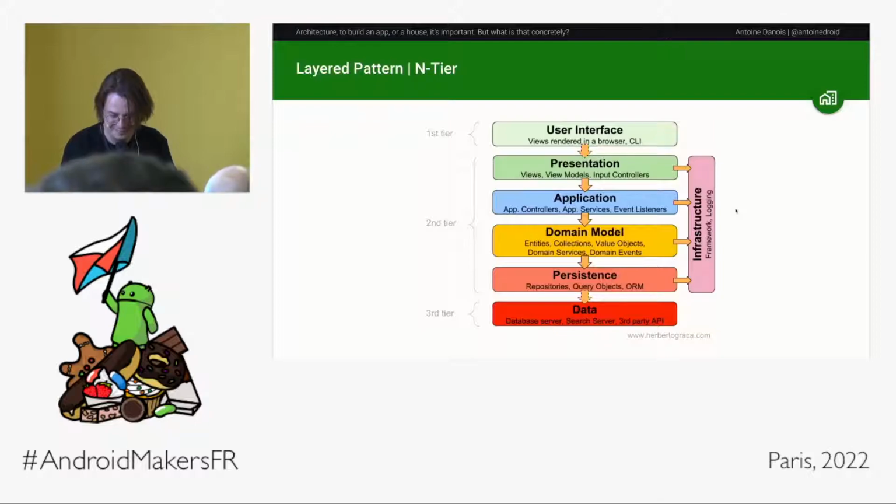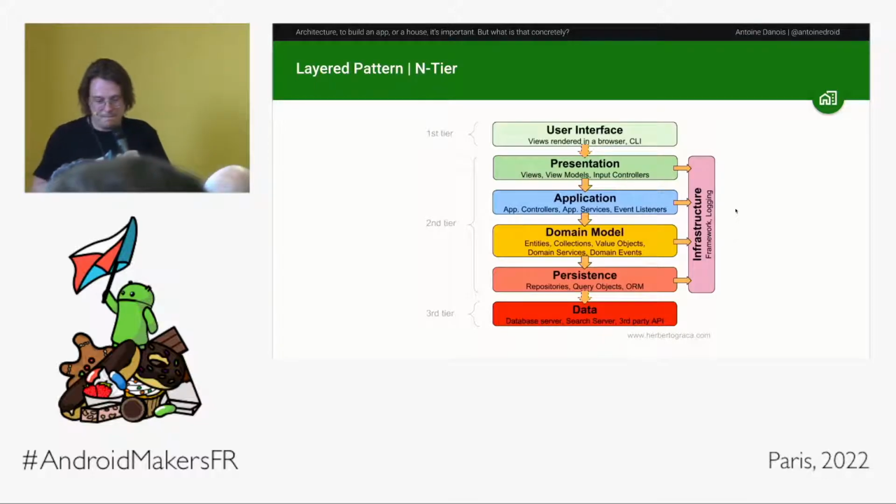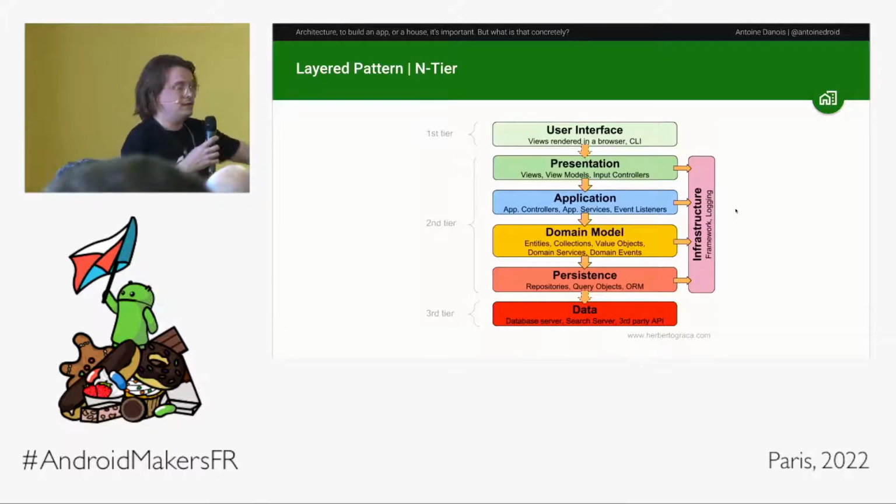This one is the layered pattern, the N tier. So yeah, this one starts to be a tiny bit more complex. At the top, you have the first layer, which is the user interface, so all the UI that you see on screen. The third layer at the bottom is the data.